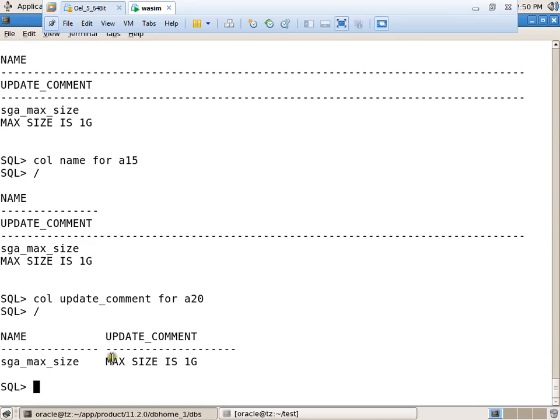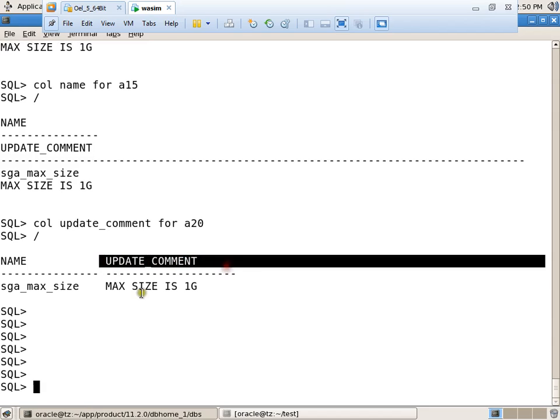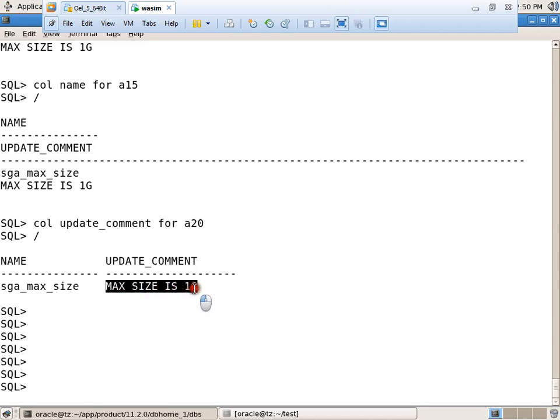See, just I am reducing the column size through this command. Column update_comment format a20. See, here it is given, right? Update comment means whatever we specify, it will show here. Max size is 1 GB.